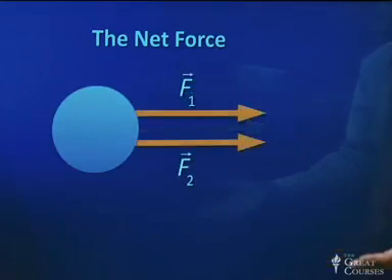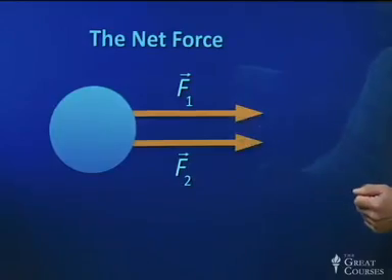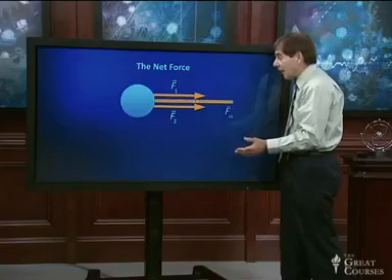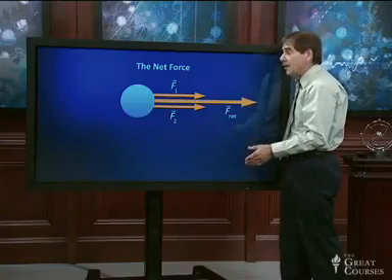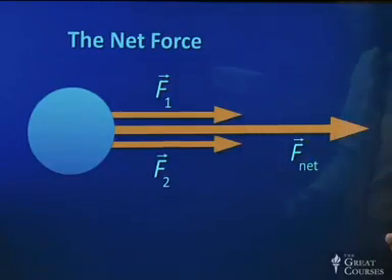On the other hand, there might be two physical forces acting on the object. In this case, we have two forces. I've labeled them F1 and F2. And because they point in the same direction, their vector sum, the net force, is simply a vector twice as long as either of them. So there's the net force in the case where two physical forces, F1 and F2, are acting on the same object.